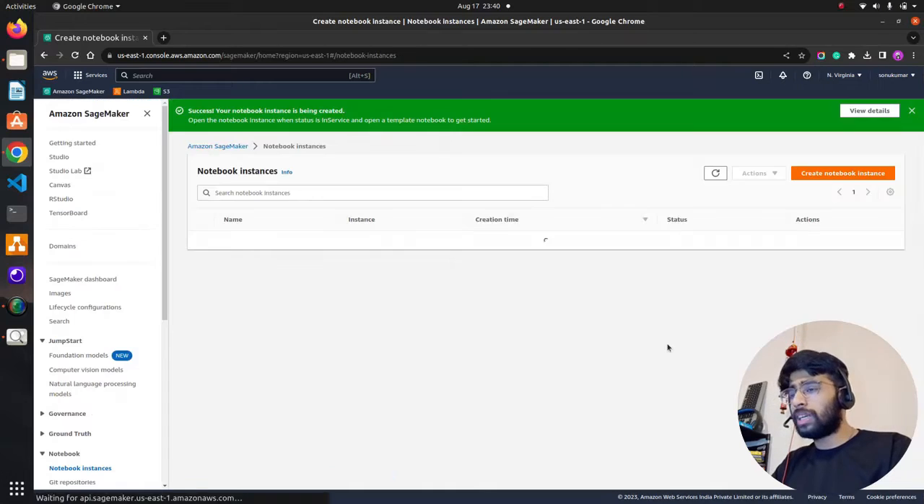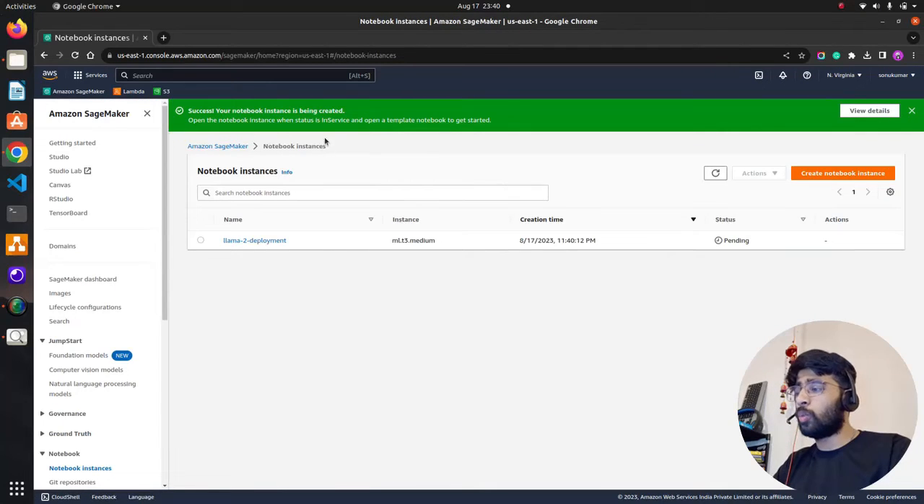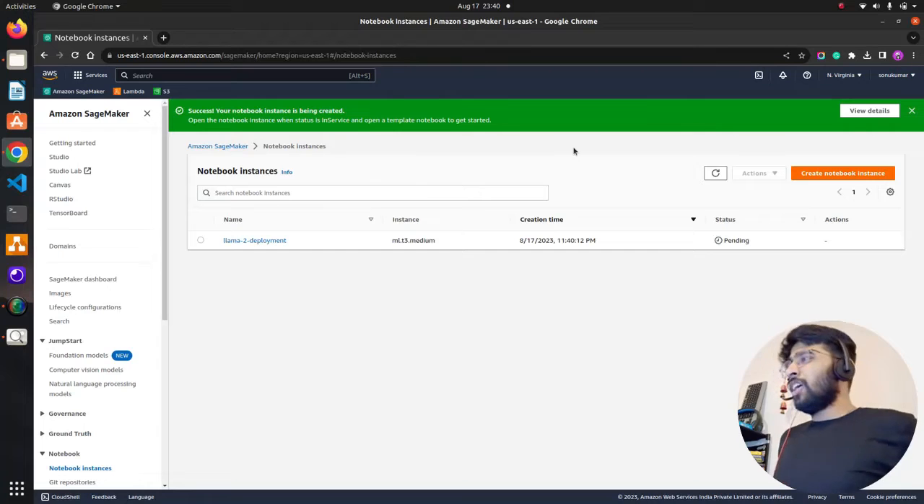When I click on notebook instance, you can see it says success, your notebook instance is being created. It will take a little time, so let it load. So as I said, we are going to deploy Llama 2, which is